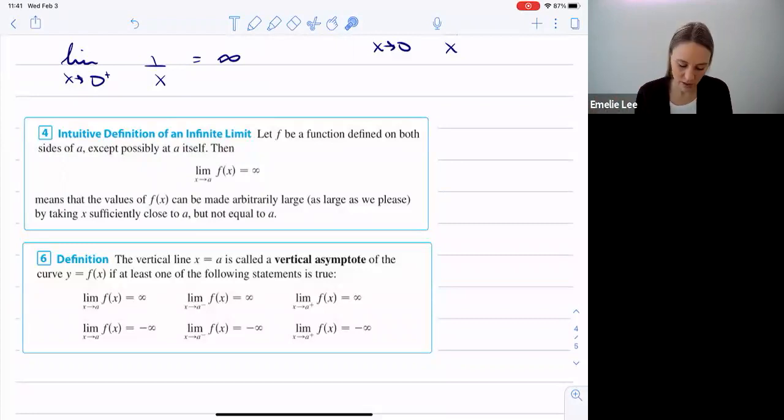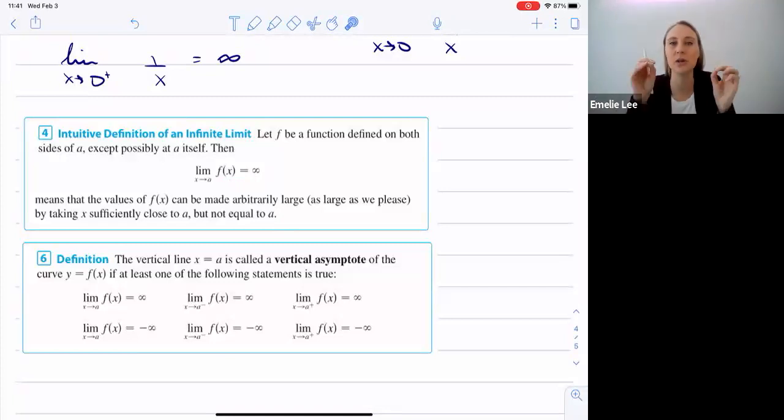So if we write the limit as x approaches a of f of x is equal to infinity, what we're saying is that f of x, you can make it as large as you want by moving x as close to a as you possibly can,